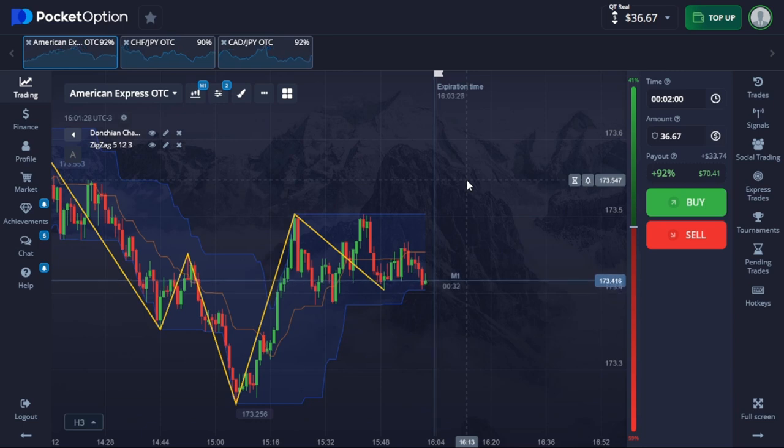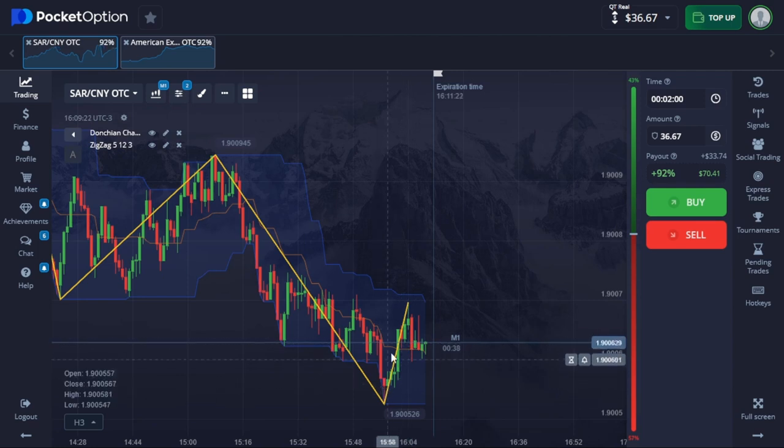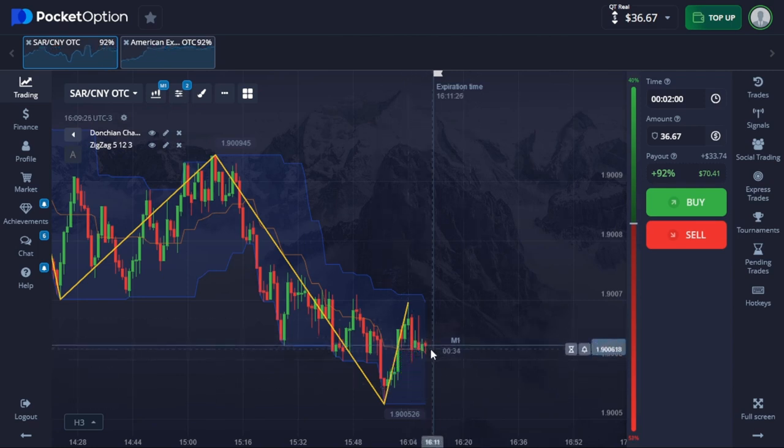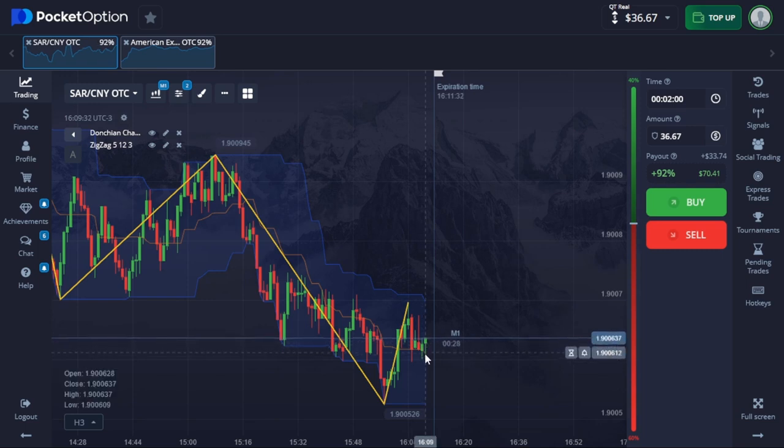So now I look for the next entry. Here we have a possible entry on SARS and D. As we can see, the price tries to break but keeps attempting to break. If the candle rejects and doesn't pass the middle line, I will go long. If it falls with strength and breaks,